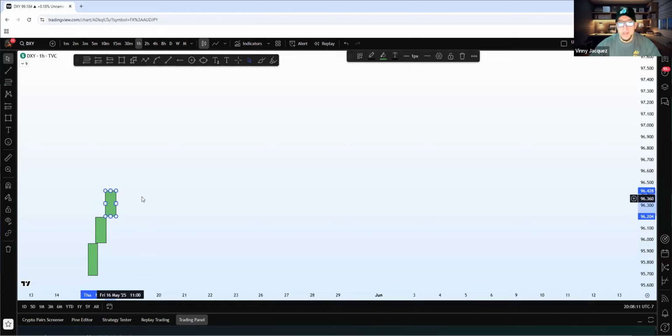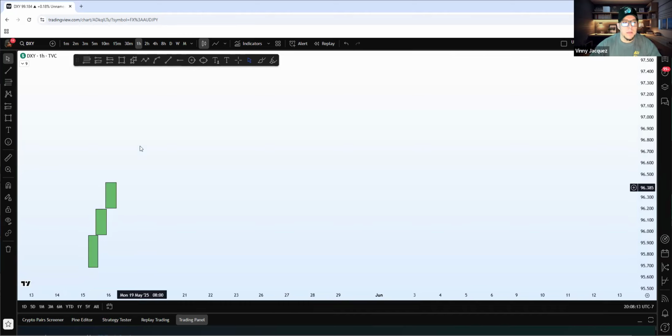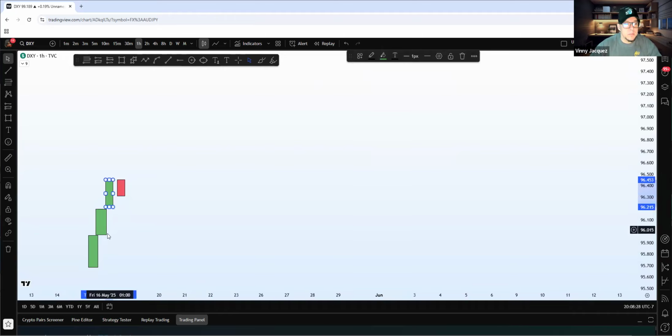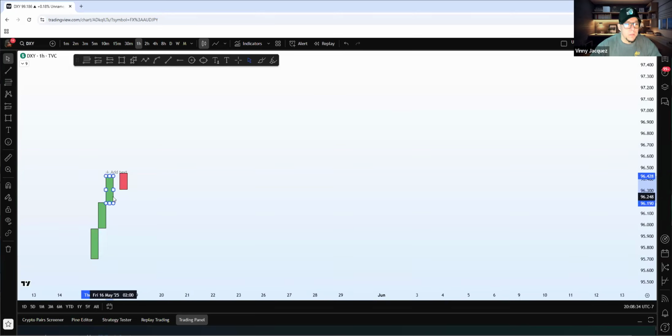Now, at some point, guys, the market is going to have to pull back, right? So let's go ahead and create the pullback. There's some thick old candles, but hey, it is what it is. Let me see. Yeah, let's make these a little thinner. These are some thickies. All right, start creating the pullback.